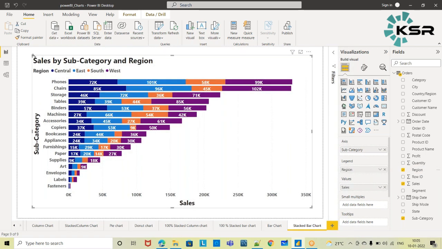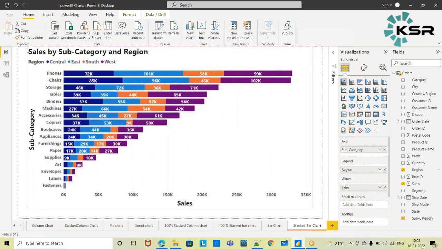And yes, so here we are able to see the sales value, right? Sales by subcategory and region. These are the subcategory and this is region wise, since we have 4 regions, right? That's why you can see within the bar, again stacked, you are seeing. This will be the central region, east region, south region and west region. So across these subcategories, across each region, we can make out the sales.